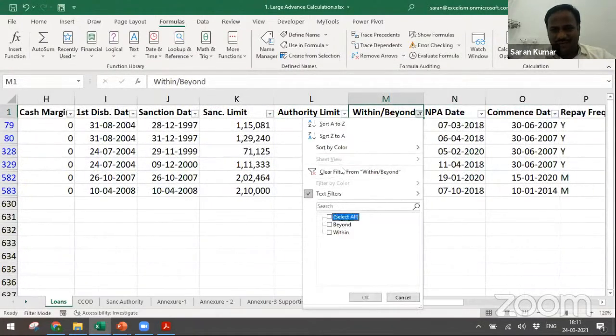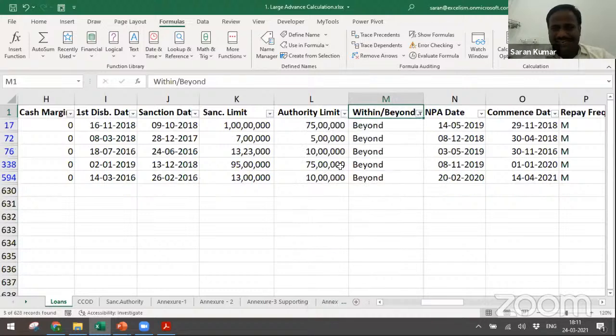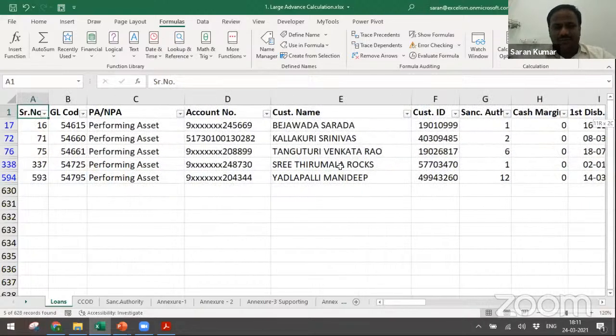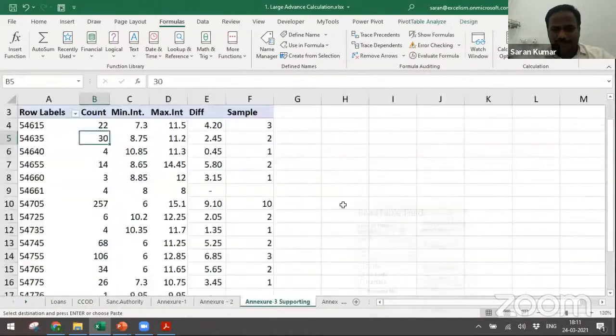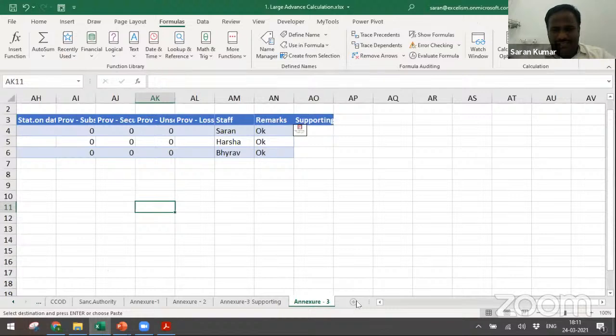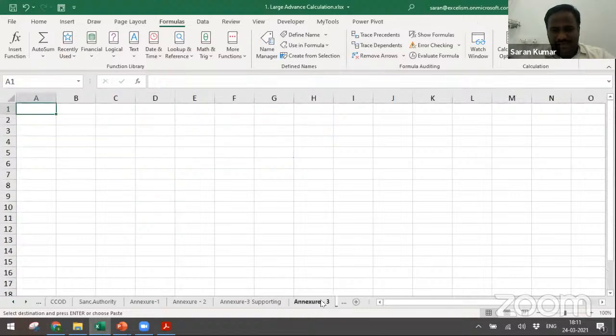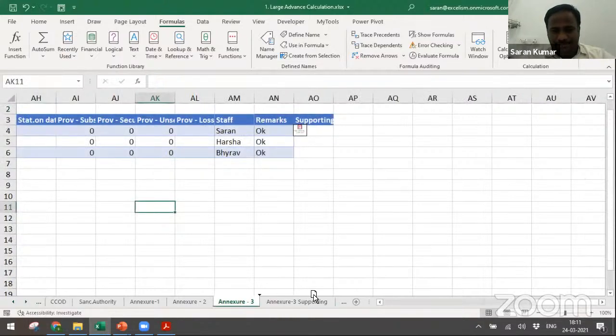So now what I'll be doing, because I cooked up this entire data, I have taken from the previous files of mine, maybe friends, then I cooked up the entire data. Somewhere it got missed, but don't worry. You can just copy this because it's a beyond. Then you can just go here. You can make an annexure called annexure number 4.